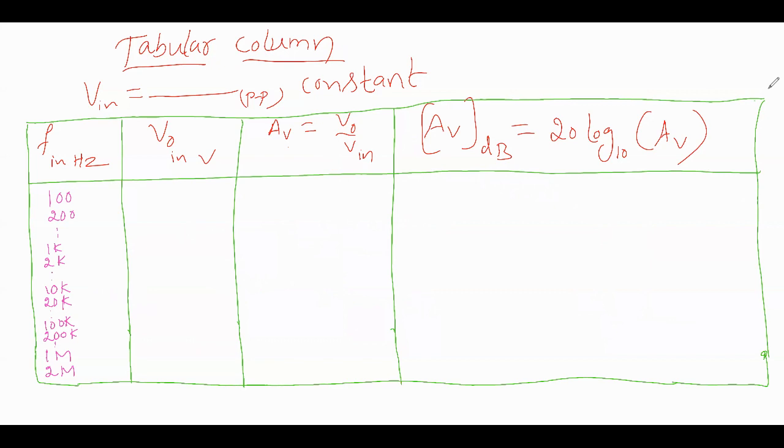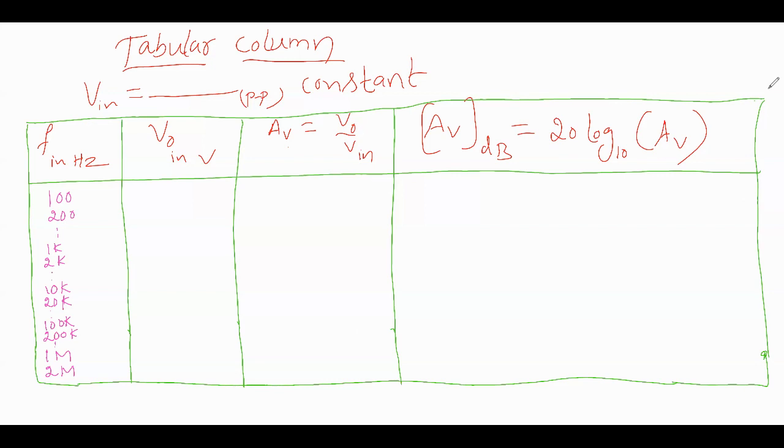Next, you can see the frequency column. It is 100 hertz, 200 hertz, up to 1K in steps of 100. After 1K up to 10K it is varied in steps of 1K, 2K. Then 10K, 20K up to 100K. Then 100K, 200K in steps of 100 kilohertz up to 1 mega. Then 1 mega, 2 mega, 3 mega, up to 4 mega, or you can stop at 2 mega also, not a problem. If you are able to note down the amplitude of the output signal, you can take readings up to 4 megahertz, with the corresponding V0 for all the frequencies.